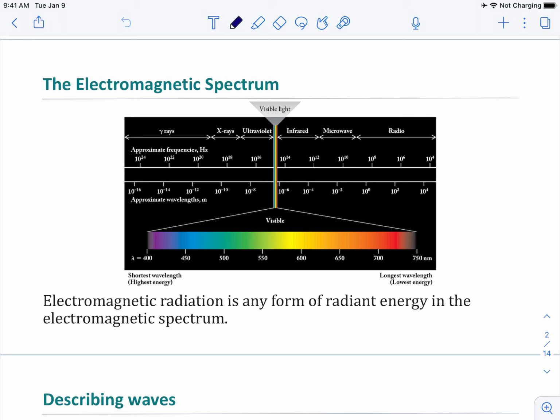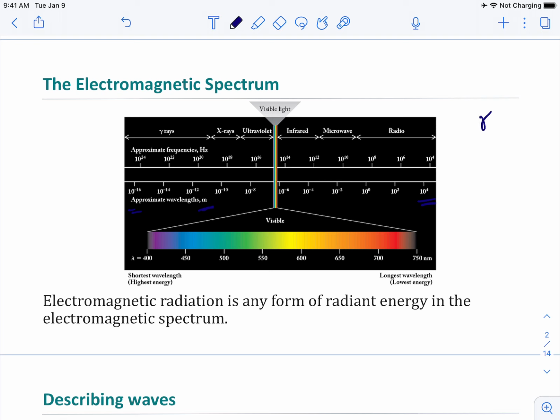So here's the wavelength in meters. You can see there it's in meters. Okay. And as we move from left to right, that wavelength is increasing. So over here it's 10 to the fourth, and down here it's 10 to the minus 16. Okay, so wavelength is increasing as we go to the right, which means that, gamma rays, that's the gamma symbol,